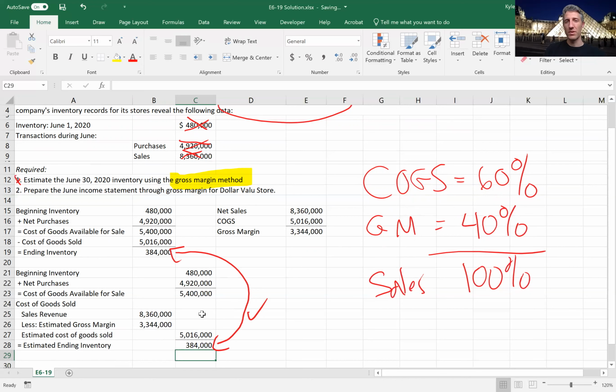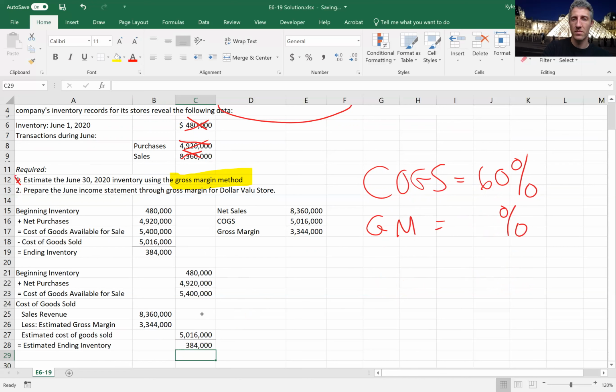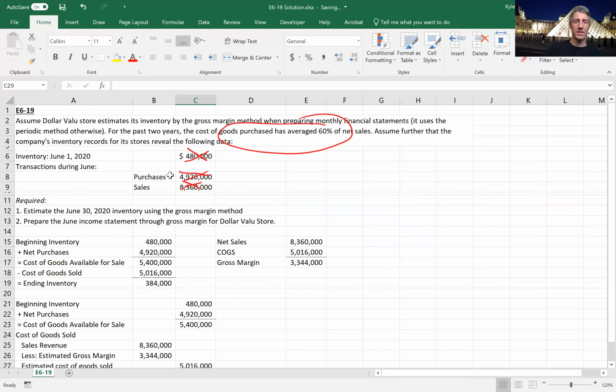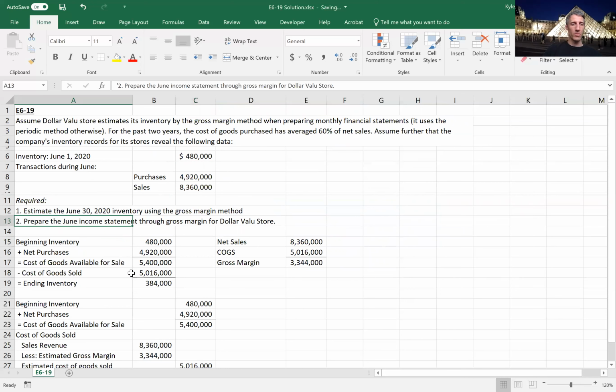Now, bear with me a minute while I erase this template just to remove all of the markup so we can proceed. Okay, I'll get rid of that. Completely done with requirement 1. Requirement 2 says prepare the June income statement through the gross margin for dollar value store. So what this is meaning is just we know, well, the income statement discloses revenues minus